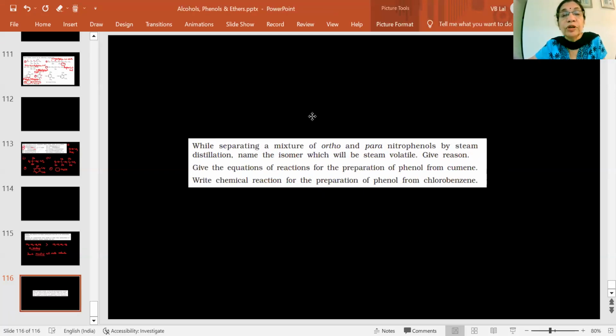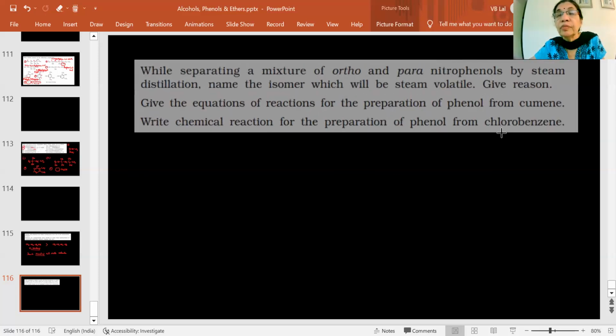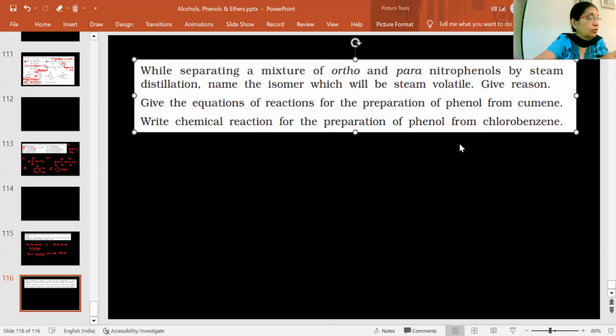Okay, two more questions now. They are all from your textbook. I can tell you the question number if somebody is following the book. This is question number 11.8 and 11.9 and